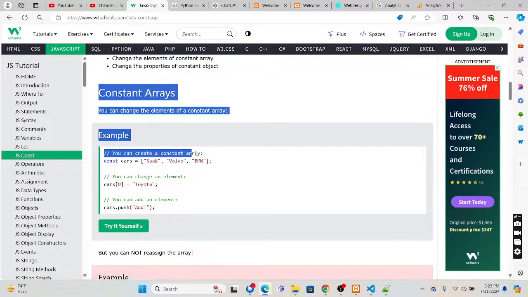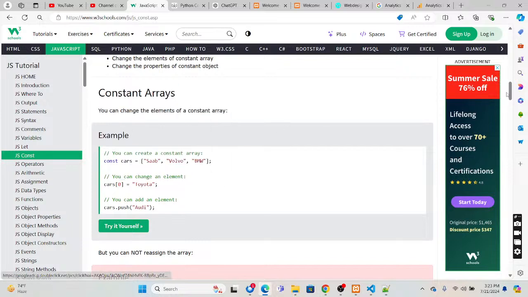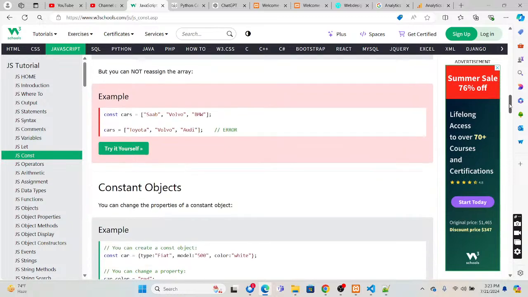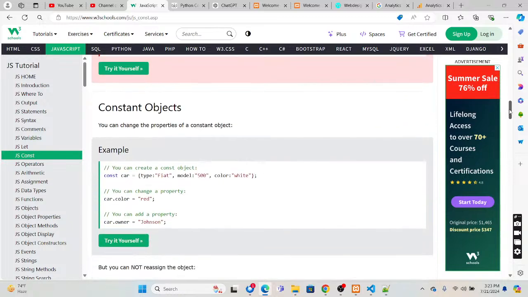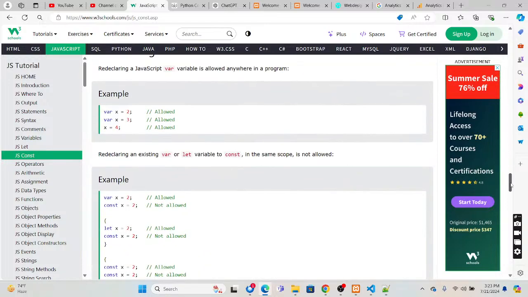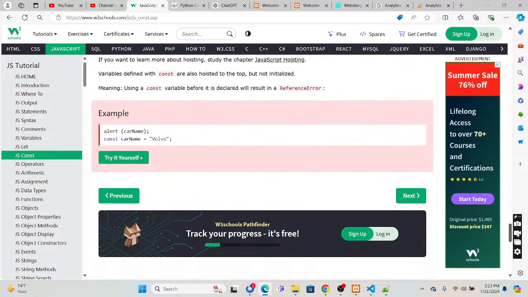This is tricky, so be careful. You cannot directly change it, but the elements you can change. That is on constant objects.